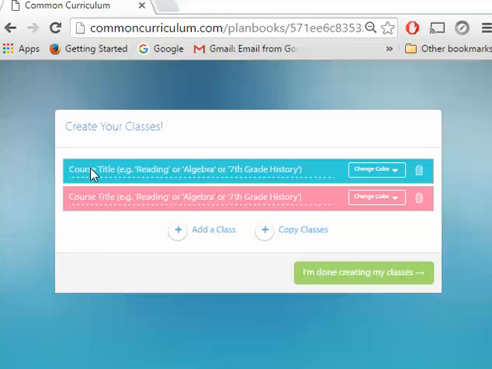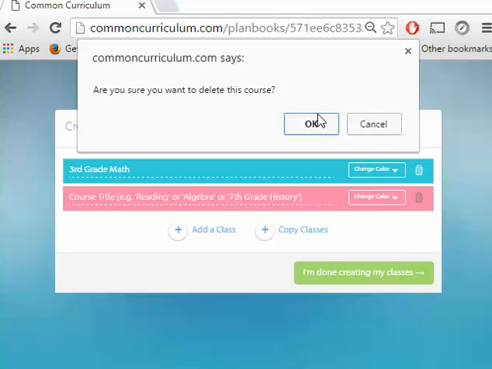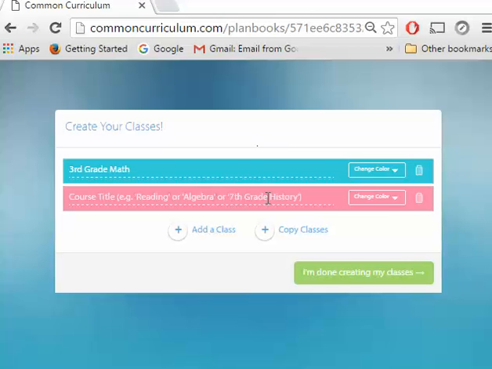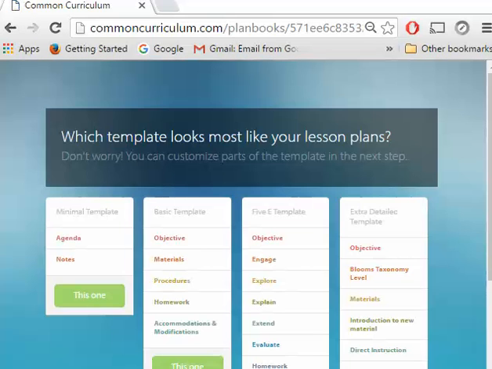And so the title I'm going to give it is going to be third grade math. And then I will go ahead, I don't need this one. That's just the sample. And I accidentally clicked on it twice. So now I'm done creating my classes. So the next screen that will pop up asks which template looks just most like your lesson plans, and all